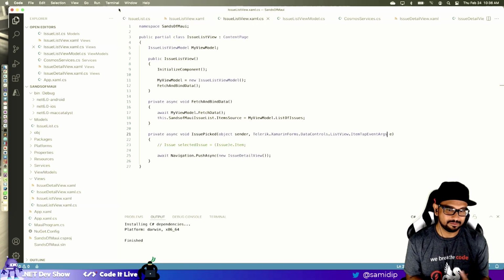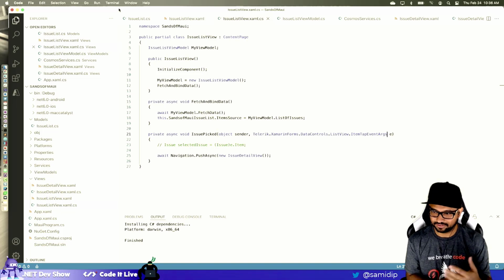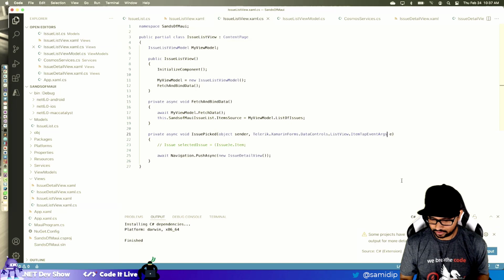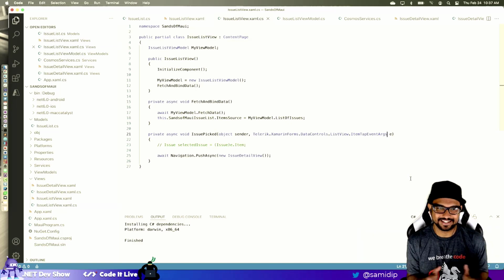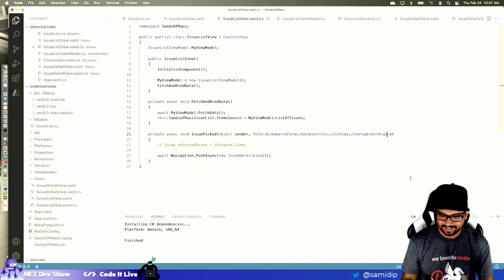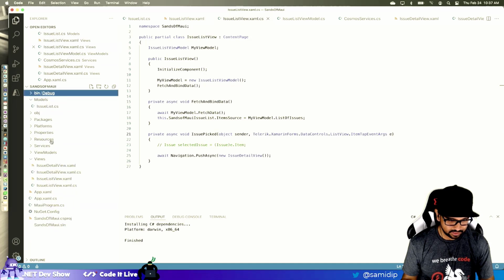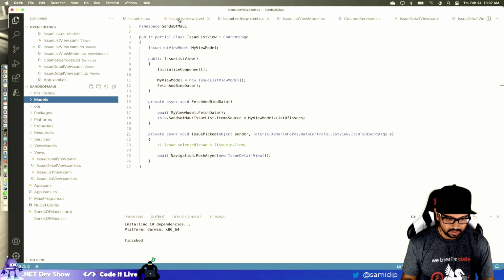I don't have much debugging, so you might see me kind of struggle through tooling a little bit, but hey, we'll be okay. It is kind of fun when you take away IntelliSense, you take away debugging, you're kind of left with writing code that you hope that you're writing it right and it works. So this is the app. This is what I got so far. So let's maybe dig in and see where things are.